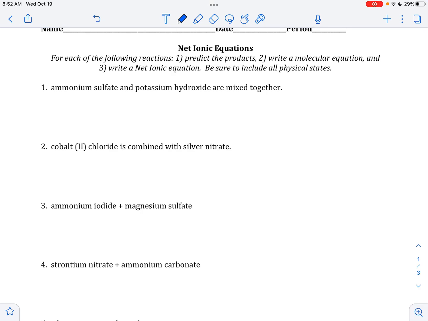So the purpose of a net ionic equation is to show the two ions that are reacting together to form the solid precipitate. But we're going to start off by writing a whole double replacement reaction. So in example number 1, it's ammonium sulfate, so (NH4)2SO4, and that's an aqueous compound because it's got ammonium in it, reacts with potassium hydroxide, which is also